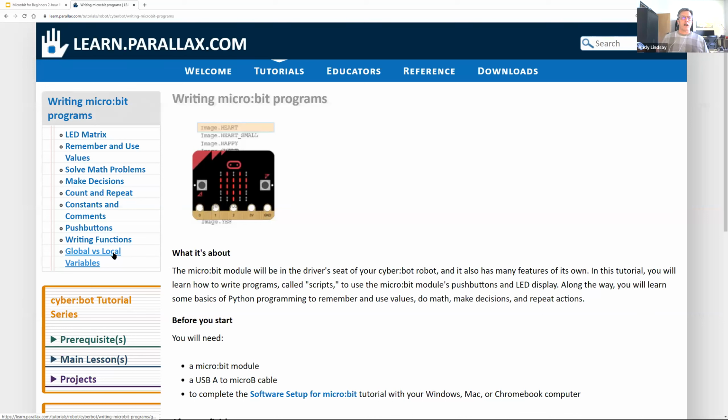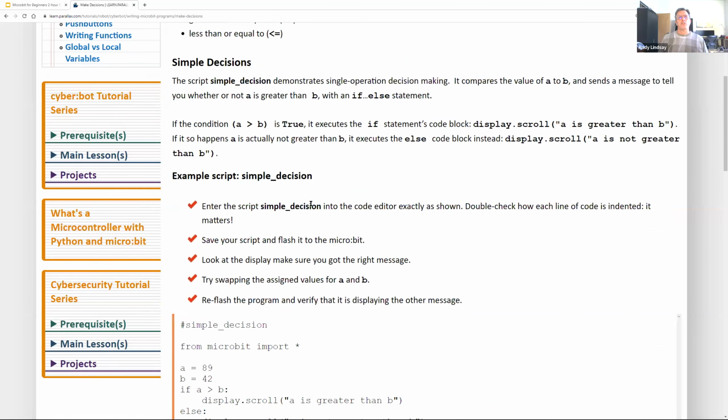So this is an example of a different kind of set of lessons that still uses the microbit. And so, for example, if we look at make decisions here,